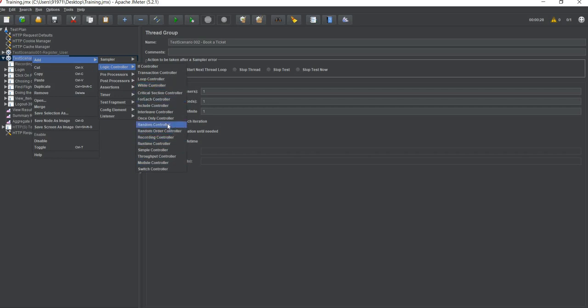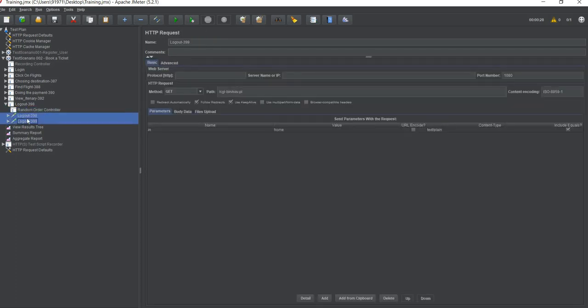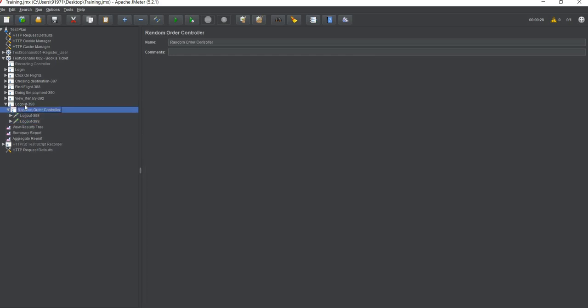Then we have the random order controller. Let us talk about the random order controller. I'm just giving you a brief about all of them. If you put a few requests into it, say we put both the logout requests into it, what it means is that previously without the random controller, first 398 would have executed, then 399.